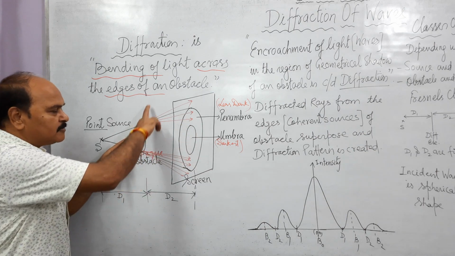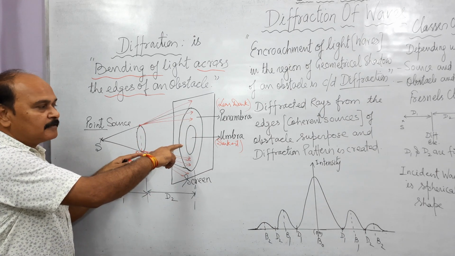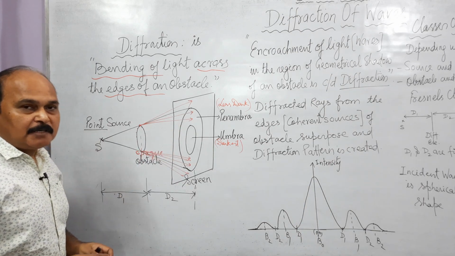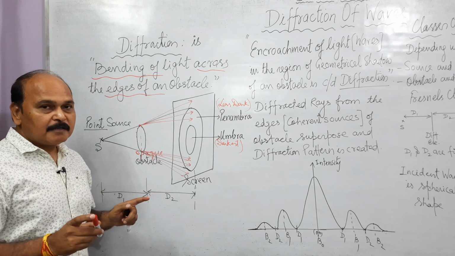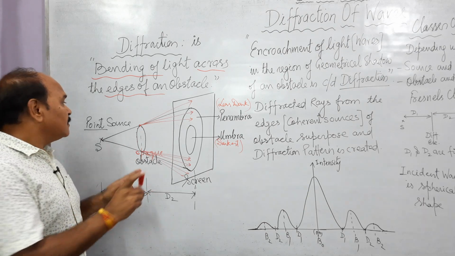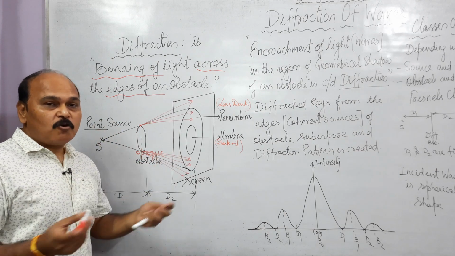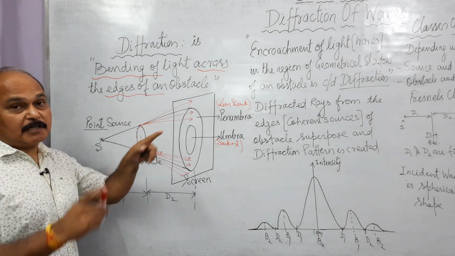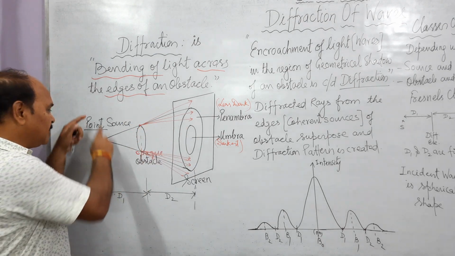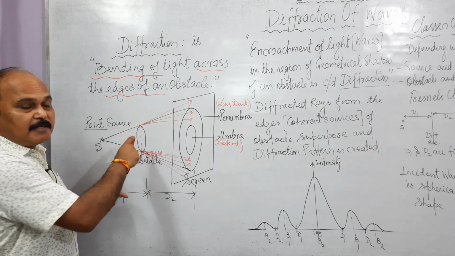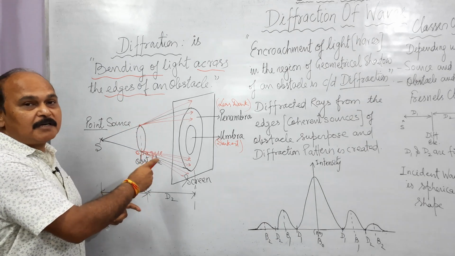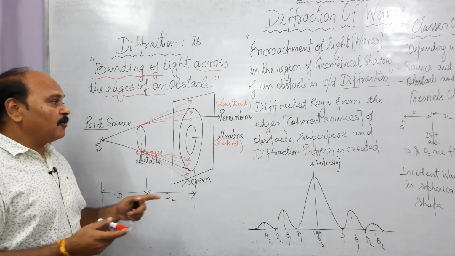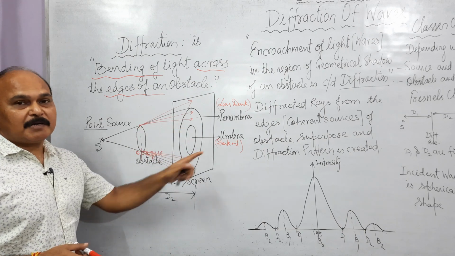Umbra is the region where the light is not able to reach after bending. So there are two portions in the image, umbra and penumbra. Remember children, this umbra and penumbra are not always found by diffraction. They are also found by overlapping of images. If there are two point sources, there would be two images of the same obstacle and these images overlap. If there are 3 point sources, then there would be 3 images of this particular obstacle, and these images may overlap. So because of overlapping of images, umbras and penumbras are also created.